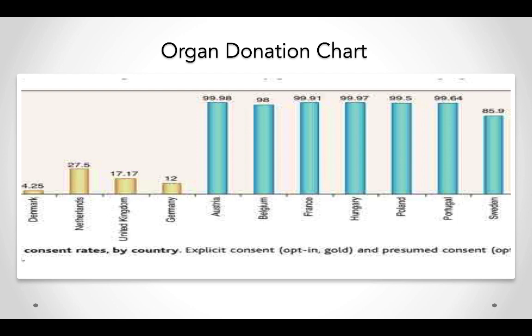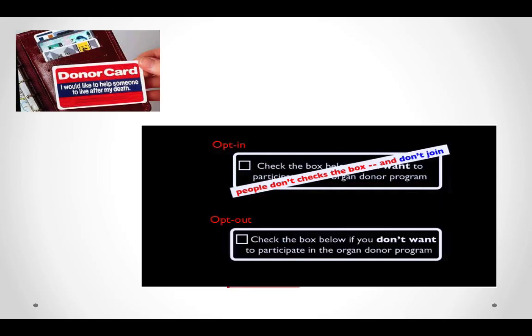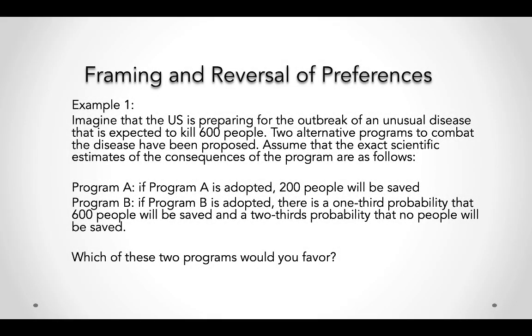So very simple things like checking a box have a huge influence over organ donation in certain countries. It's a bigger question than this, it's a moral question and so on, but it goes to show you how an easy checkbox influences people. The way I framed the question gave totally different responses. Framing means that we can ask the same question in two different ways and we're going to get two different answers.